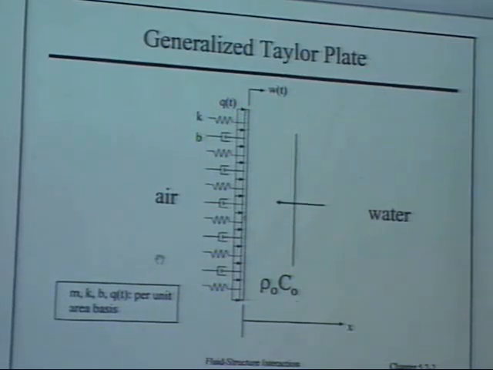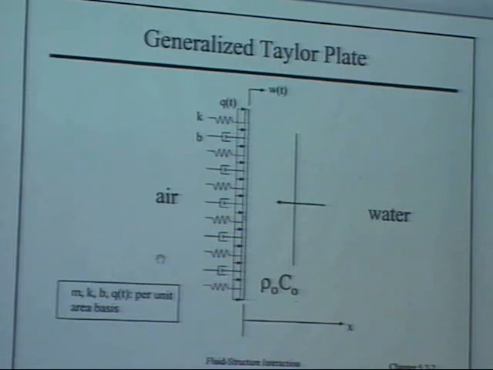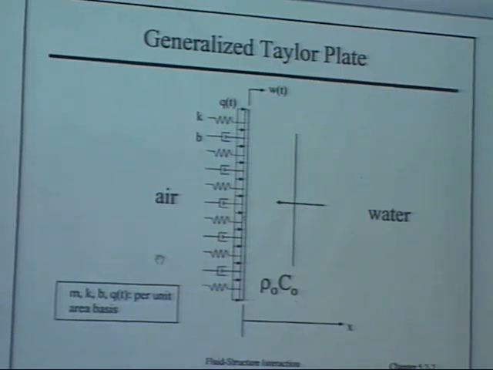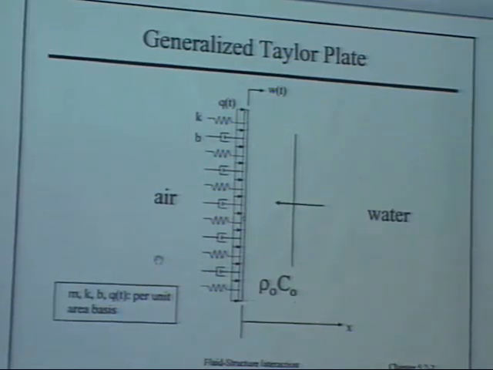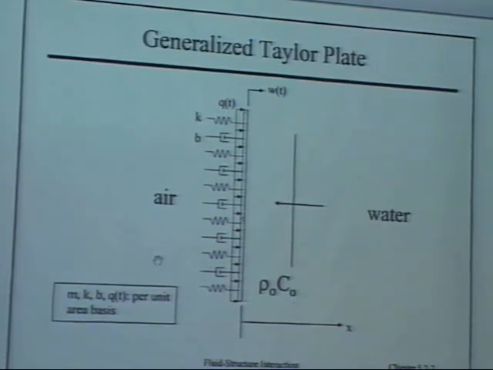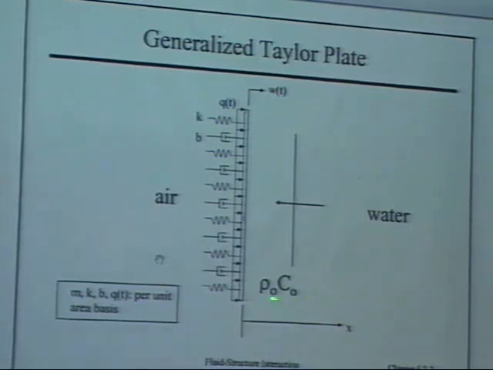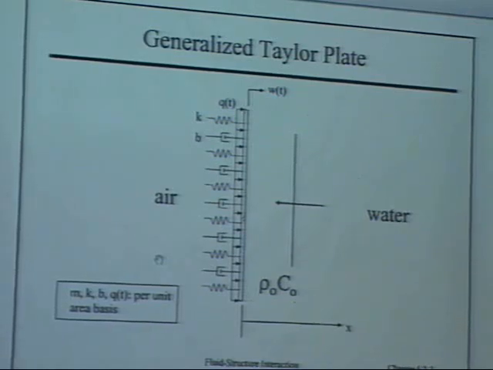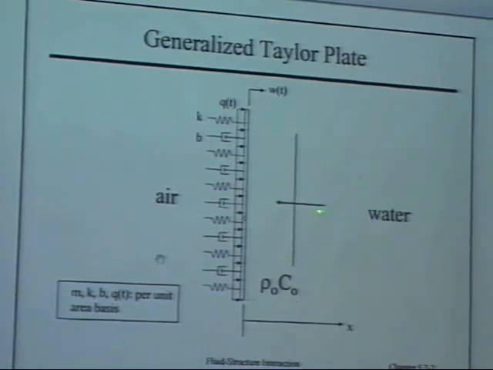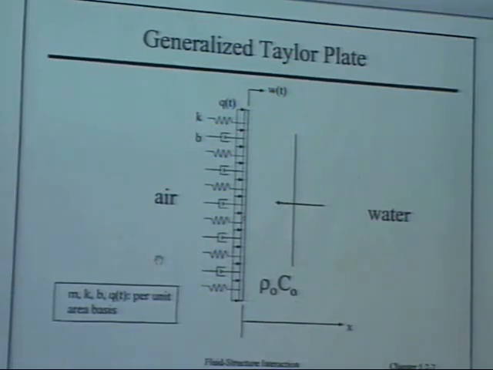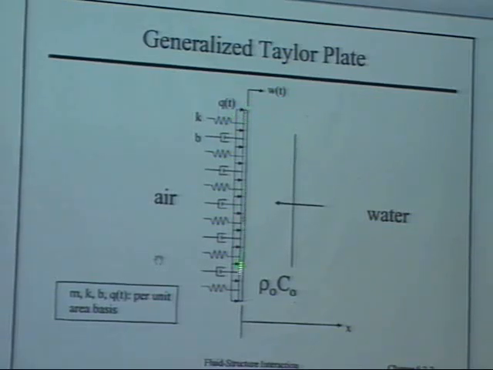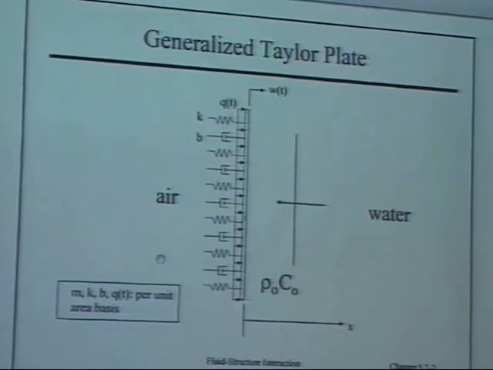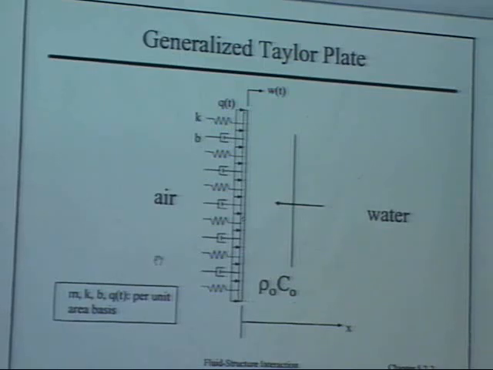So B is like a damper. In vibration theory, usually the notation we use is C, but to make a difference from the C here, I use B for it. And air and water. This is the wetted side, this is inside the ship. And here, this can be the hull. Very simplified